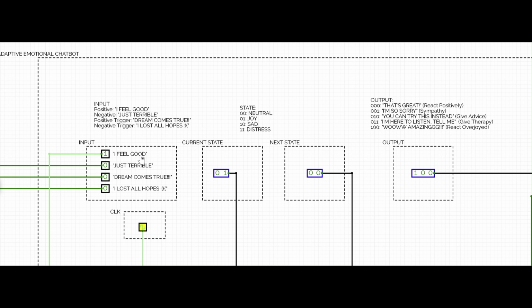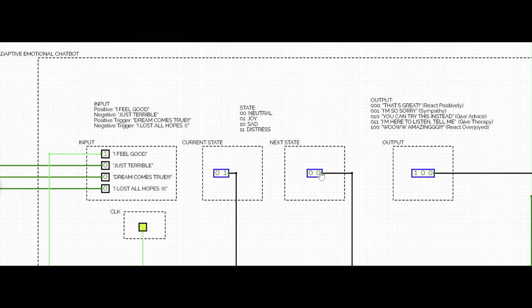And based on the logic I mentioned in part 2, which is the logic design, the scale of the human mood is now calculated as 1 plus 1, which is 1 from the joy state and plus 1 from the input. So the total scale of the human mood right now is equal to 2. So the next state will be, as you can see here, the neutral state, because based on the logic I designed, if the human mood reaches the threshold 3 or minus 3, the machine will reset the score and go back to the initial state.